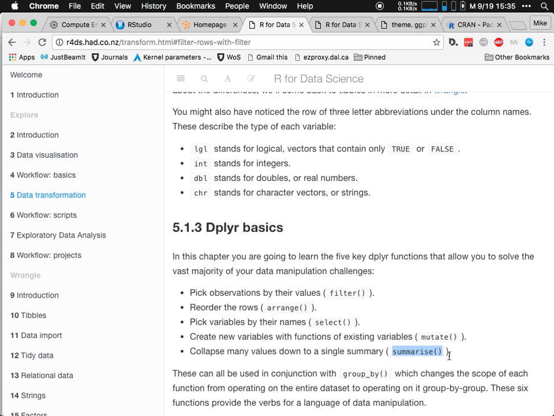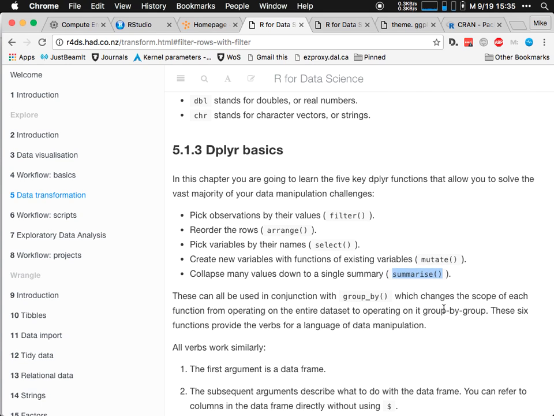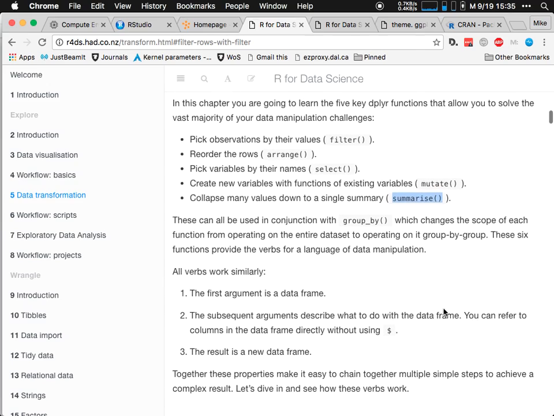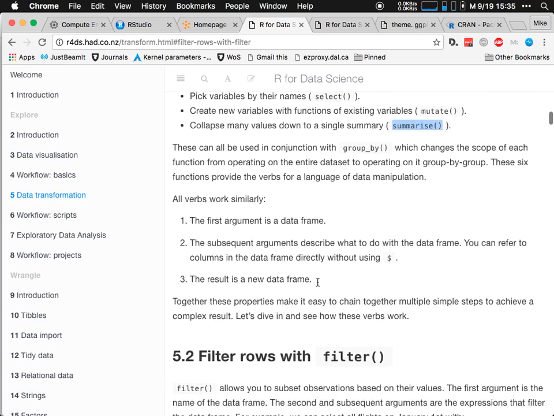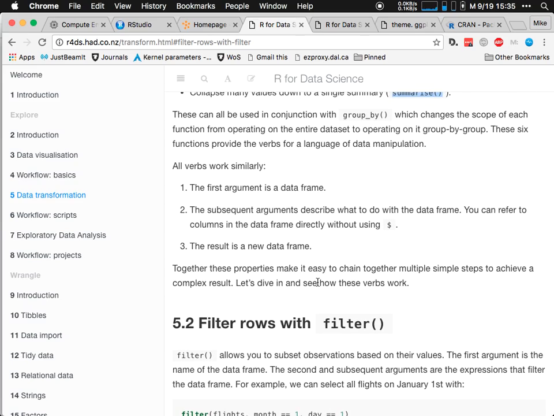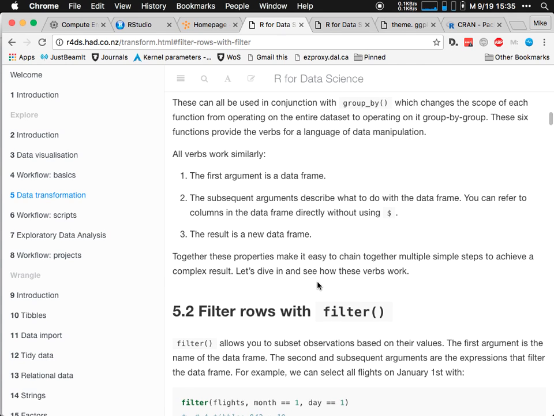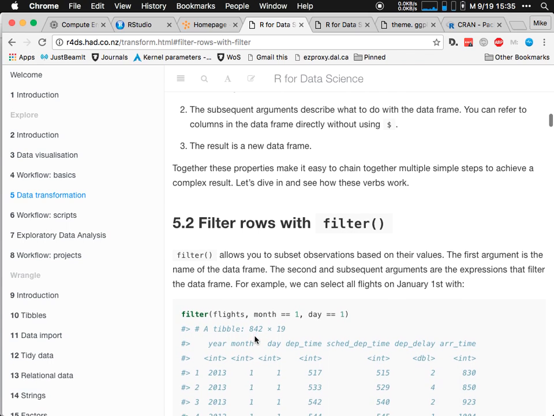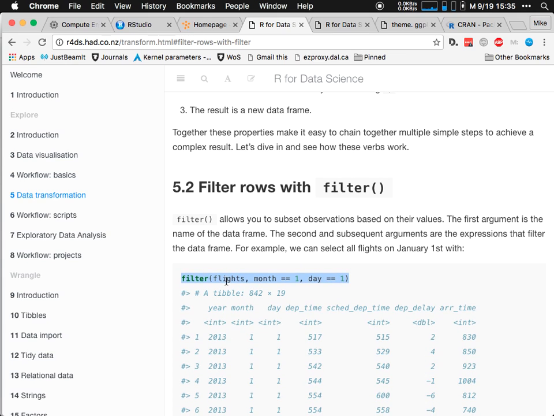So we'll see that in a moment. Okay, so they all work similarly. They take as their first argument a data frame. The second argument is to talk about what to do with that data frame, and they yield a data frame as the result. So to take the example, we've got filter flights, comma,